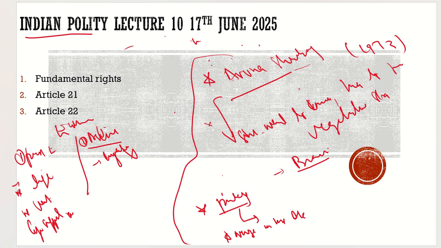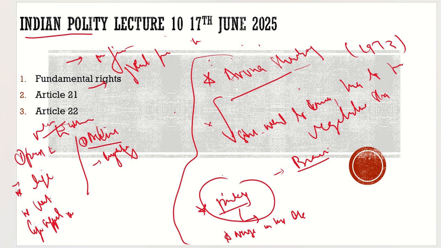But here in this case there was a concern. What was the concern? That this decision should be taken by the family of the patient, but this lady, Aruna Shanbag, did not have a family. If she does not have a family, then the next friend should take the decision. Now here was the discussion, who is the next friend of this lady. The discussion went to the court, and finally the court decided that it is not Pinky who is the next friend, but the nurses who are taking care of her. And the nurses did not agree to her passive euthanasia, and eventually in 2015